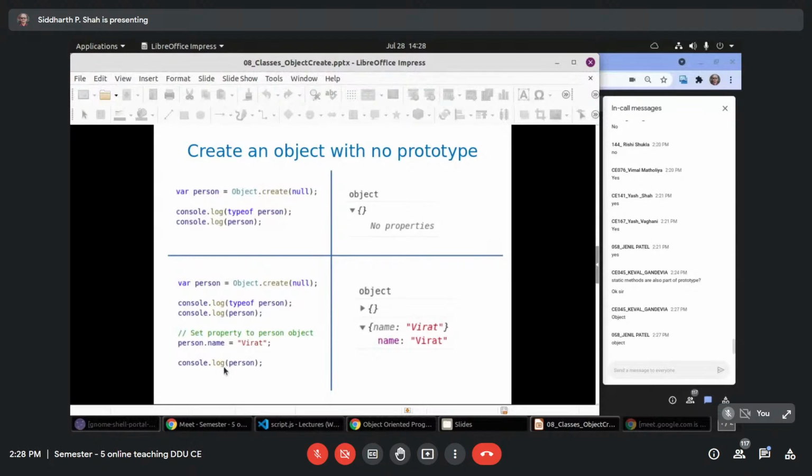But the second time, it has the property name. I am using Object.create to create an empty object with a null prototype. This prototype is equal to null. Are you getting this?